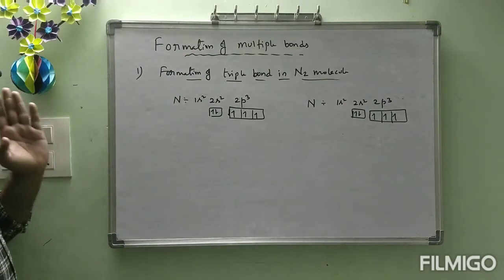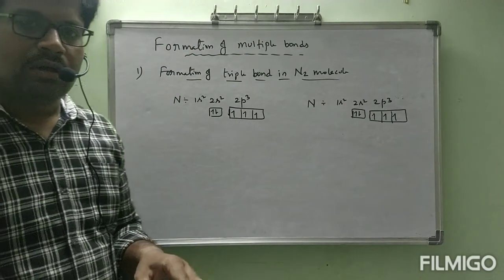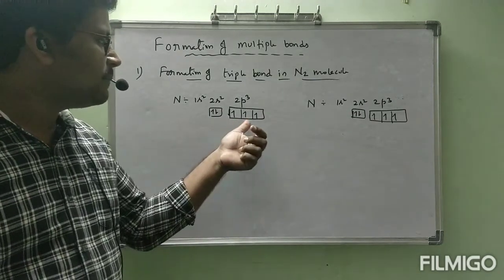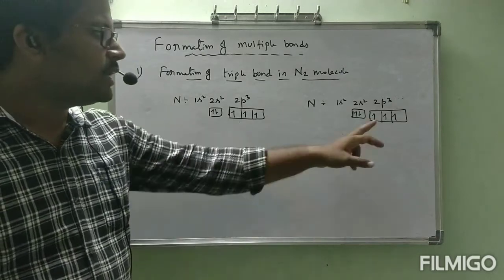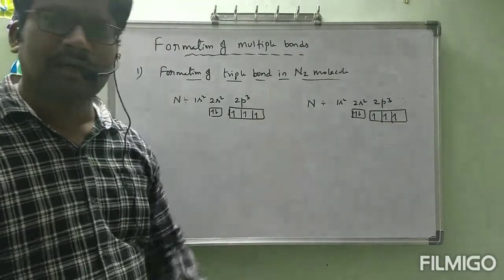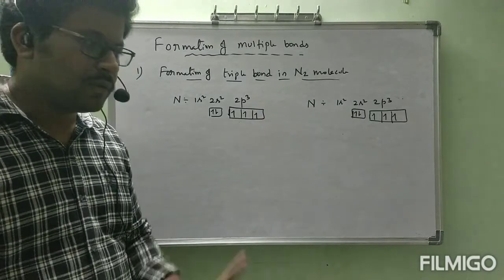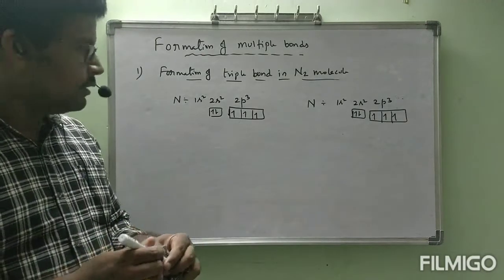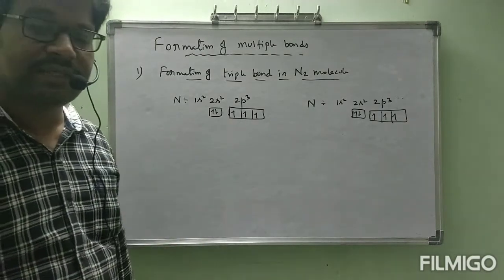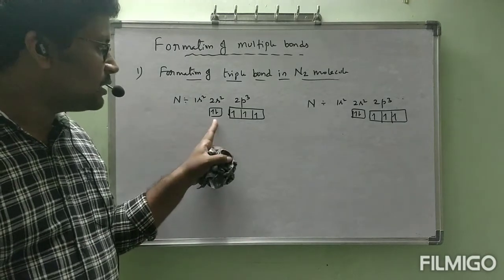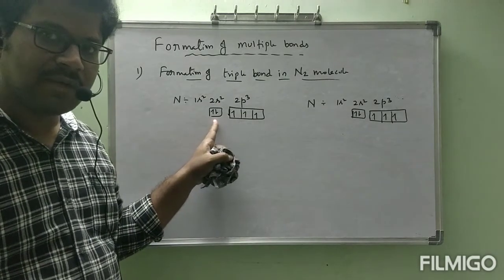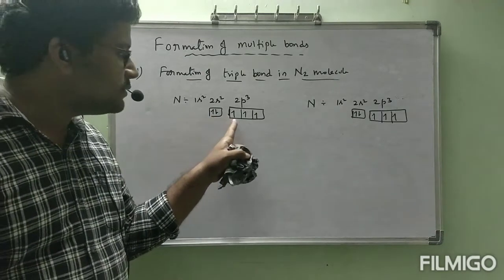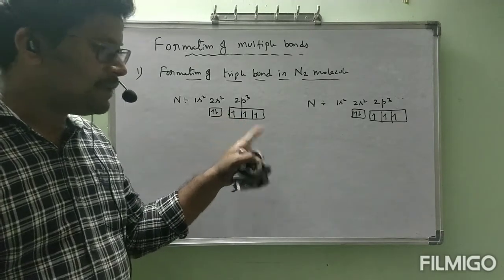Now coming to the first nitrogen and second nitrogen, in which orbitals are unpaired electrons present? Px, Py, Pz. Same here also, Px, Py, Pz. Let us see. I am taking only the orbitals which contain unpaired electrons. This pair of electrons will not be involved in bond; it remains as a lone pair. Only these are involved in bond: Px, Py, Pz.